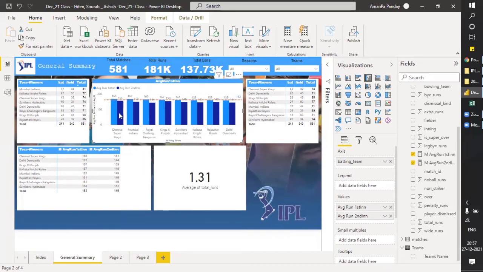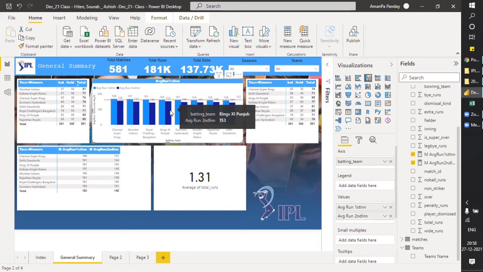145, 43, 156. You can see Chennai has outplayed every team in first and second innings, both. You can see 148, 140, 148, 145, 148, 150.